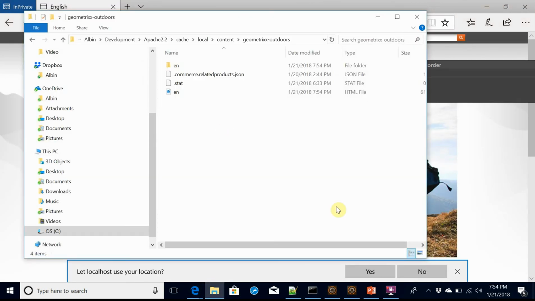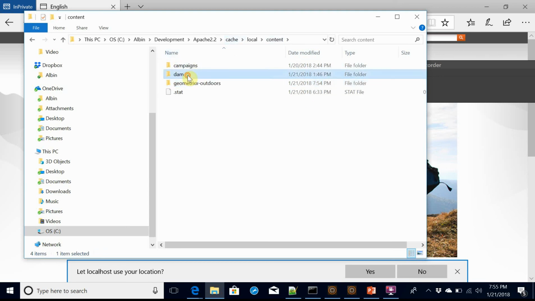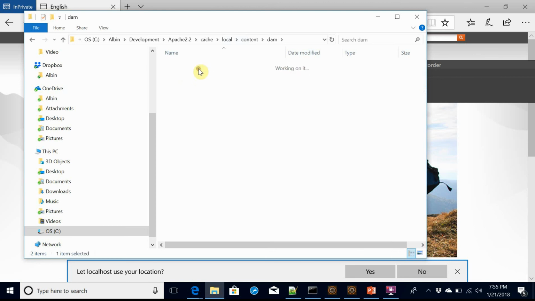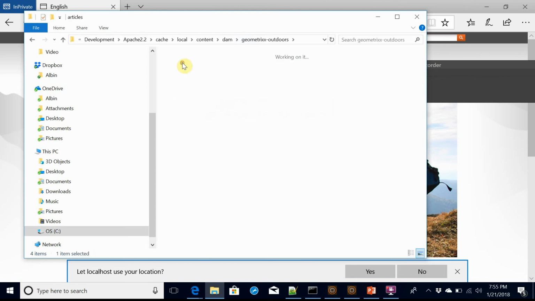Okay, let's first verify the existing cache. I will go to the cache folder. Let us first do content, Geometrix Autos. I have an en file here, updated at 7:54, maybe I updated it recently. Now you can see the DAM folder too. I will go to Geometrix articles.